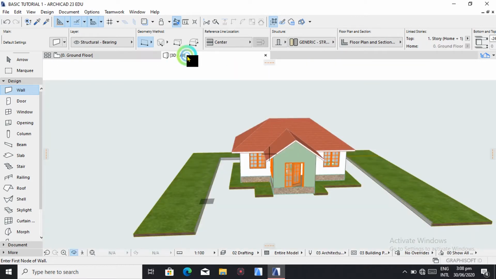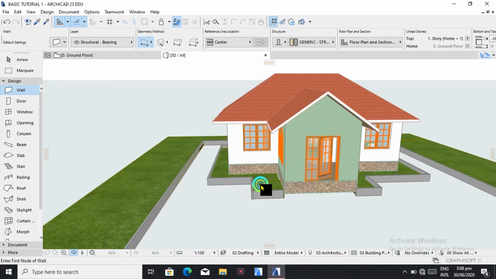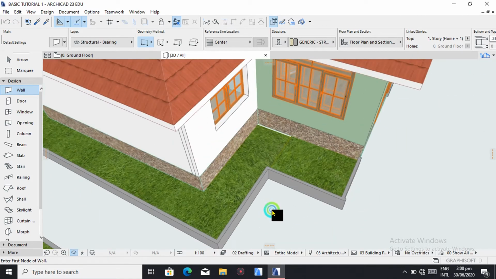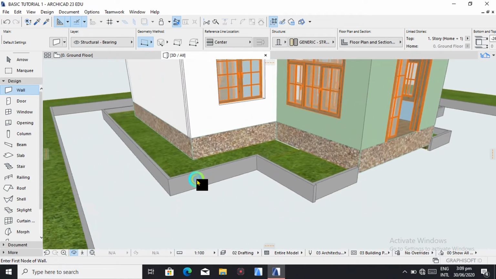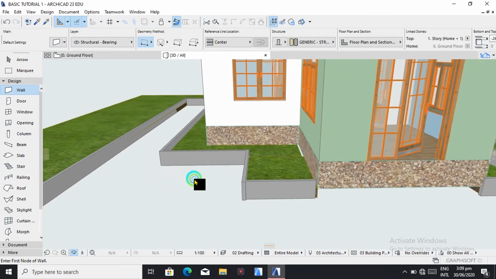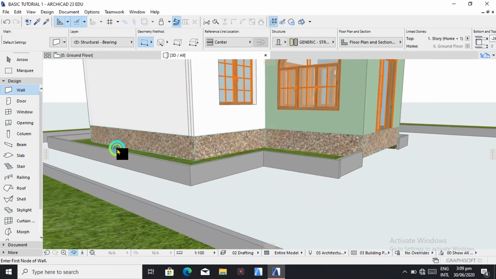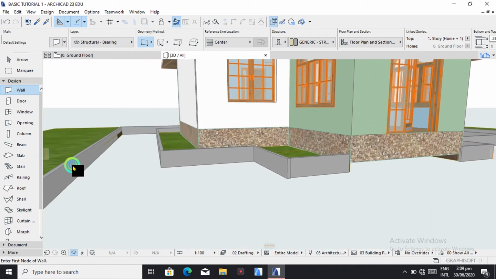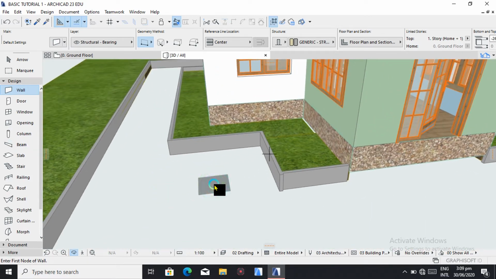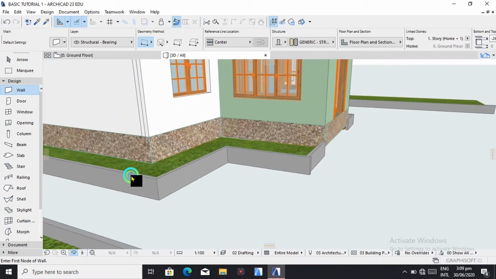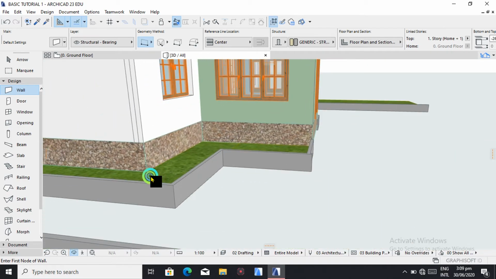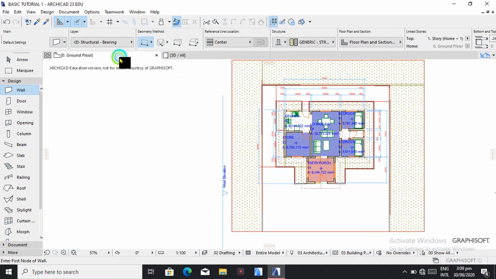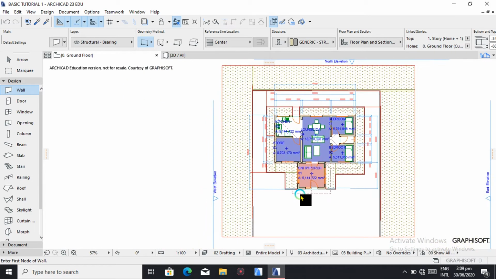So let's go to 3D. We're going to adjust something. We're going to adjust the height of the caps. So we are going to hold down shift and select all of them. So hold down shift,